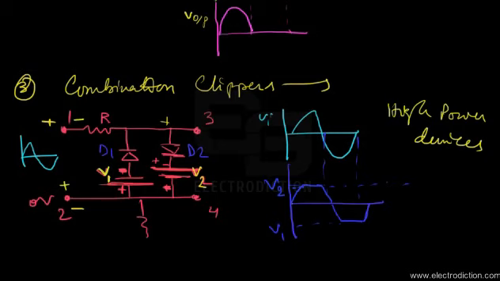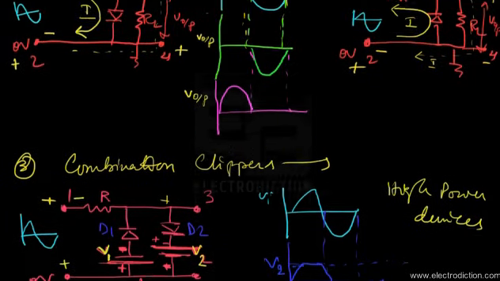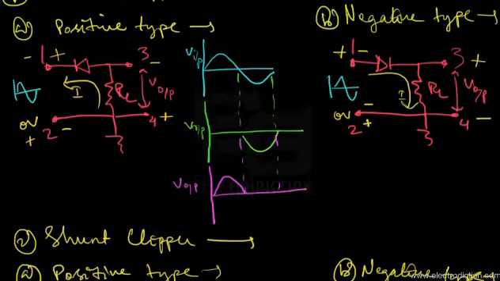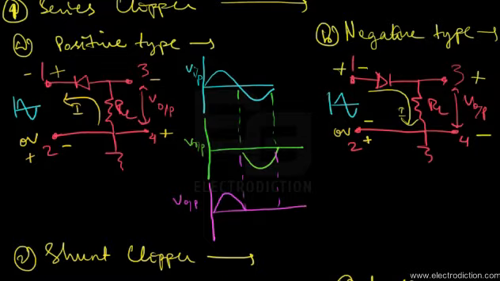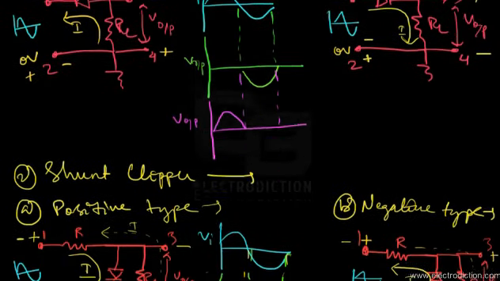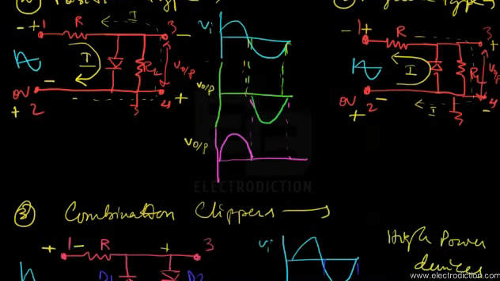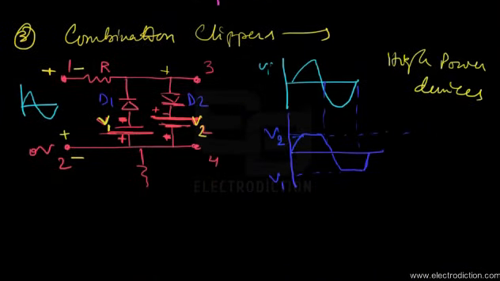So that was clippers, and from the discussion we see that clippers find various applications apart from wave shaping circuits, in certain power devices and protection type devices, as in the case of combination clippers. So keeping this in mind, we come to the end of this